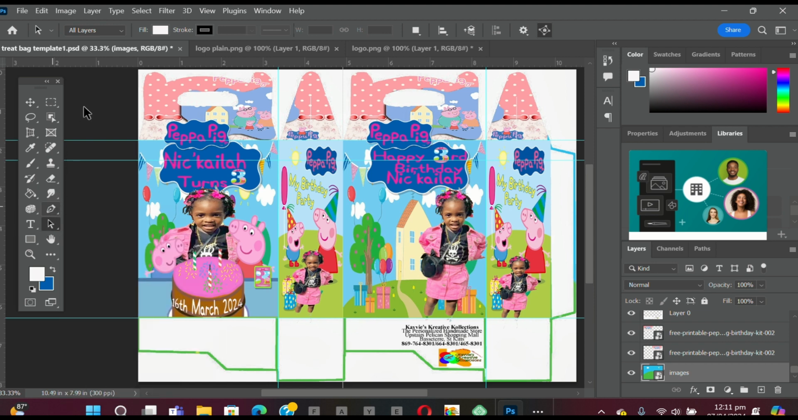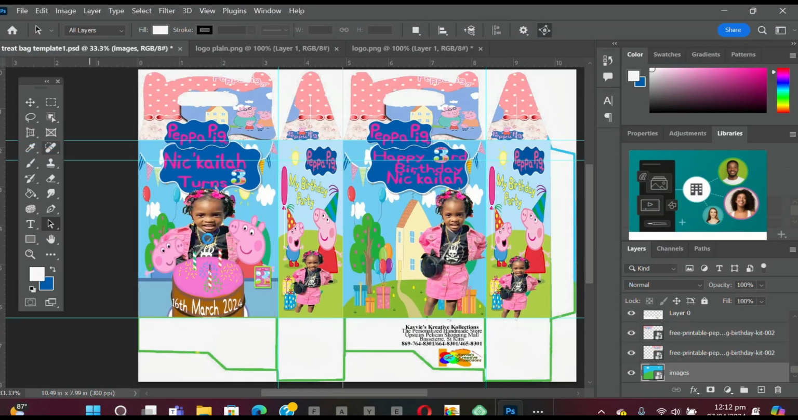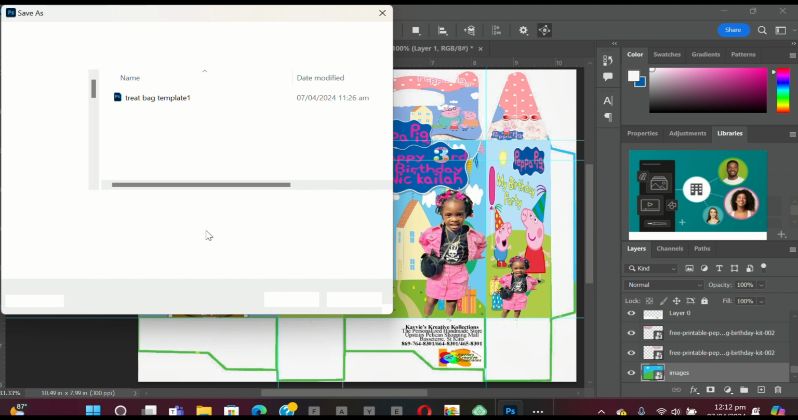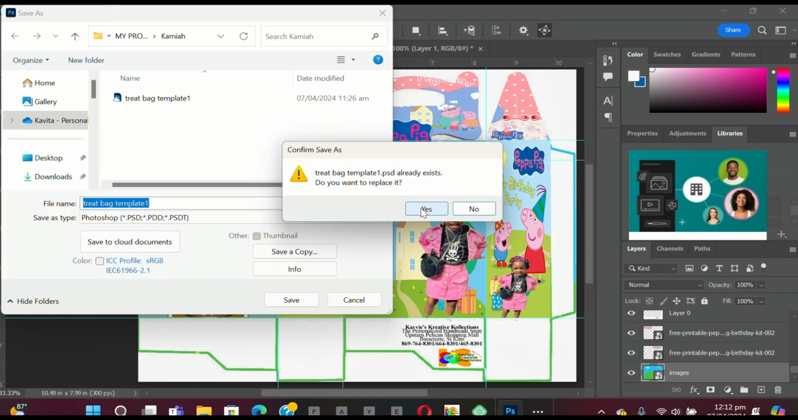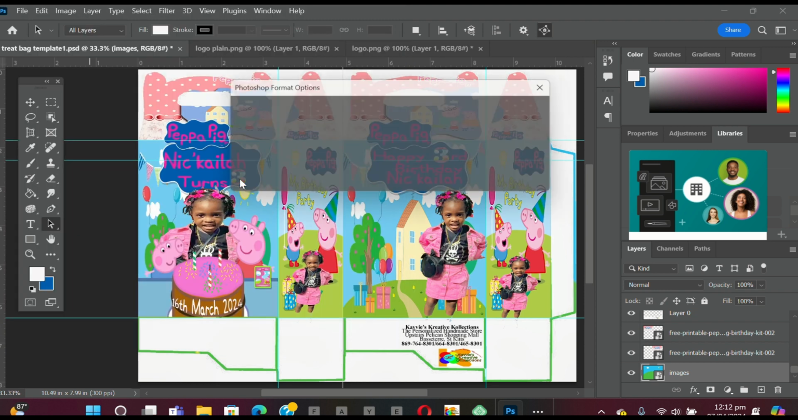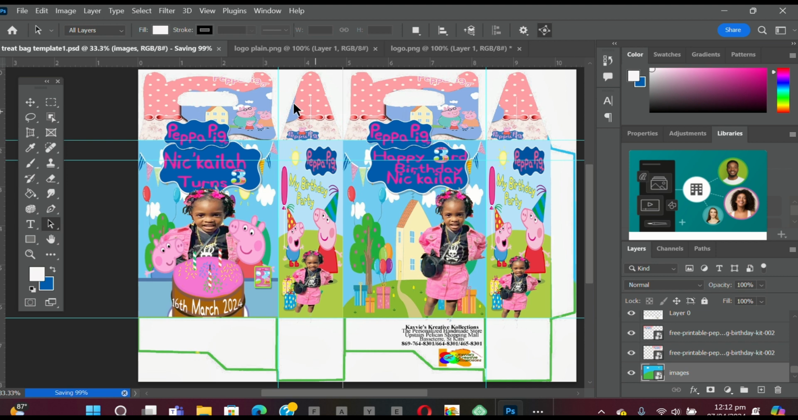So we're gonna save it now. File, save as, select the folder you want to save it. It was already saved. A version was already saved, so we'll save it over. And you just tell it okay. And our file is saved. Then we're gonna